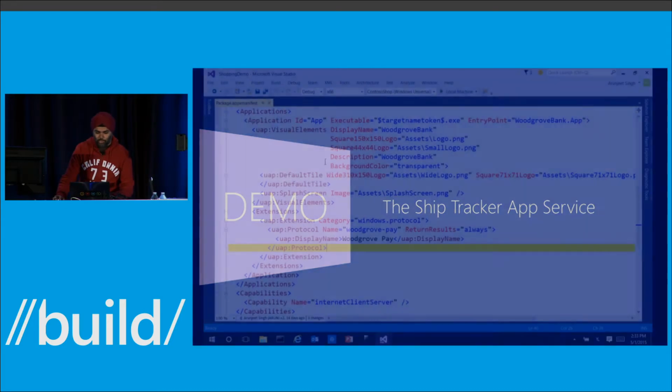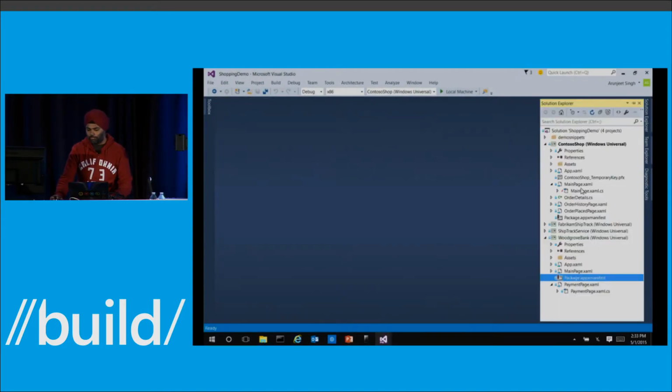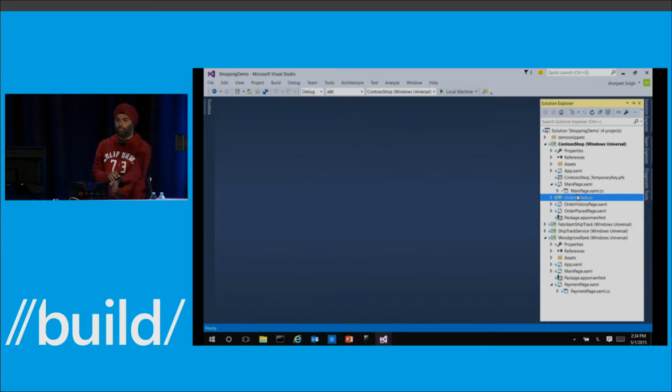So I'm going to bring you guys back to the same shopping demo that we were looking at just now. And so we've gone and bought the thing, the laptop. I've gone and bought the laptop on Contoso Shop. So what happens next? Well, the laptop probably gets handed to some sort of shipper, like FedEx or UPS or whoever, and it gets shipped to me. And I track it as it makes its way through however it is that shipping services work, which I've never been able to understand, but that's okay.